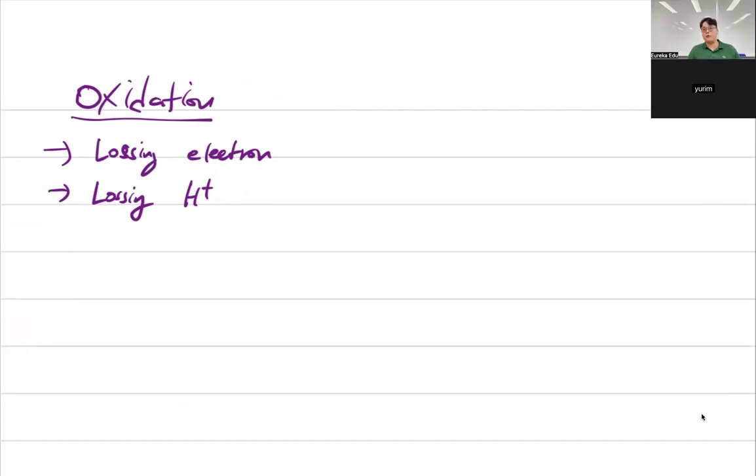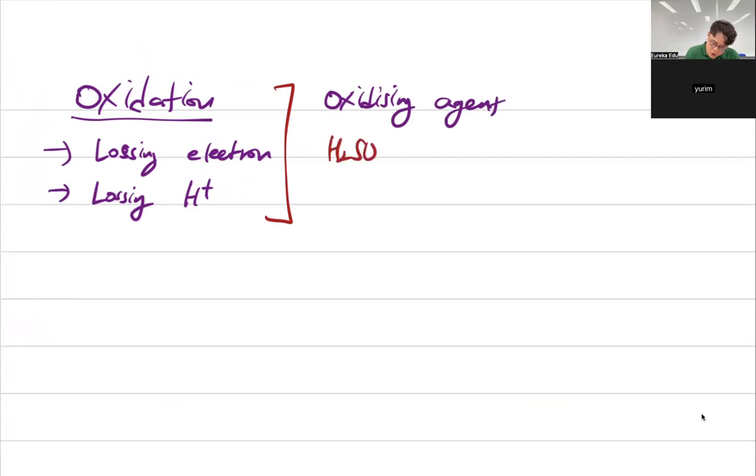So it depends on the primary, secondary, or tertiary alcohol. They will go through different chemical reactions and produce different products. But it is super important to understand, and you need to memorize, the oxidizing agents that we commonly use: H2SO4, which is known as sulfuric acid, plus